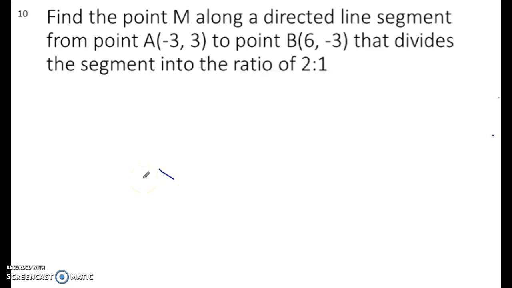So number 10 says, find point M along a directed line segment from point A at -3, 3 to point B at 6, -3 that divides the segment into a ratio of 2 to 1. Okay, so if we're trying to divide this segment into a ratio of 2 to 1, we need to go